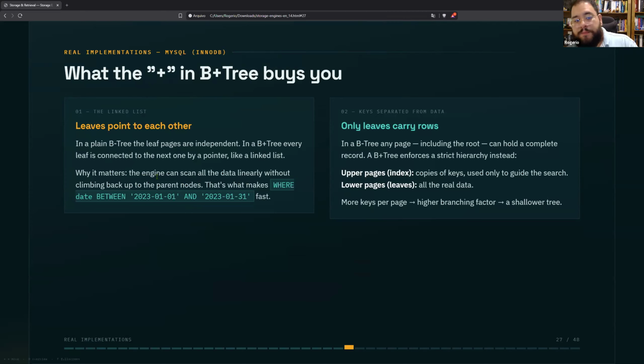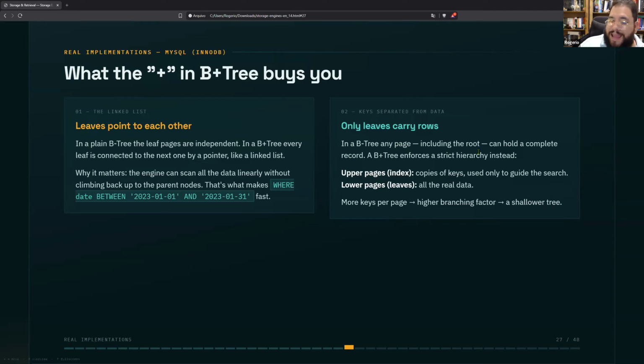Why does it matter? The engine can scan all the data linearly without climbing back up to the parent nodes. That's what makes a query like where date between this and that so fast in this implementation.